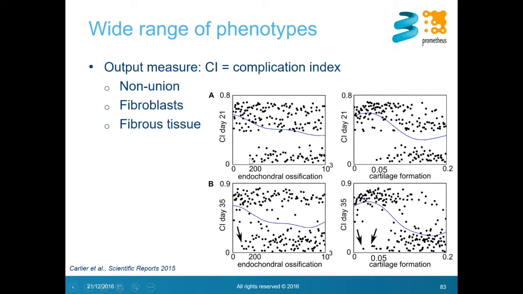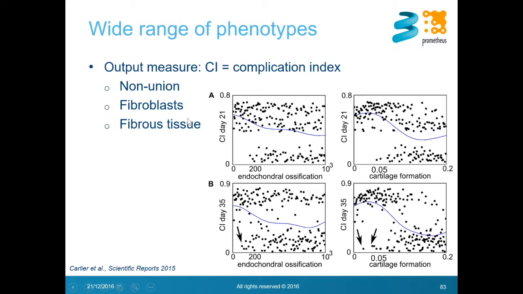Now we can then look at what the effect is of the different parameter values that we changed. And in order to have a simple output measure, we defined a complexity index, which says that if you have a non-union, if you have a large fibroblast compartment, and you have a lot of fibrous tissue, all these 3 combined, then you will get a high value for complexity index. If you have a non-union, but it seems to be a normal non-union where the fibroblast compartment is not overactive, then this will give you a complexity index value of 0.3, and this will be classified as a normal, non-NF1